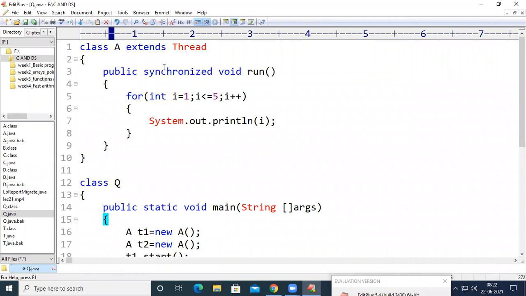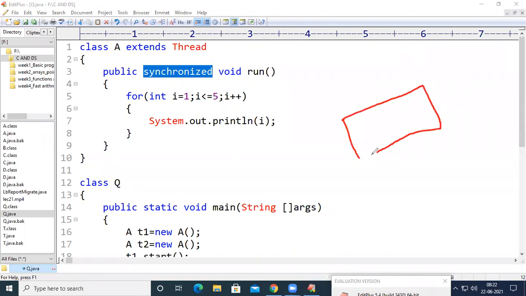Now if you make a block synchronized, I will check the output and let you know. If you make a block synchronized, and one thread enters the block, for example T1, then unless and until T1 comes out of this block, no other thread will be allowed into the block.